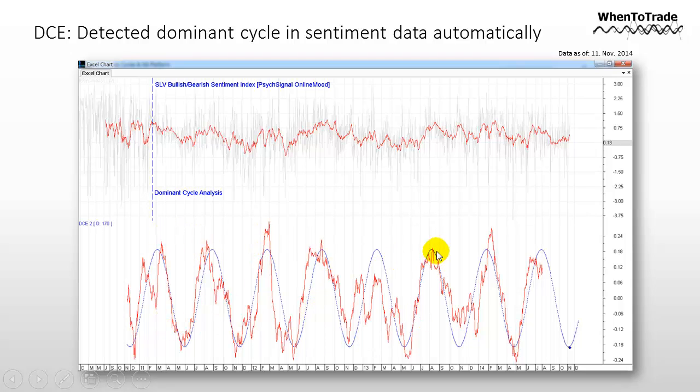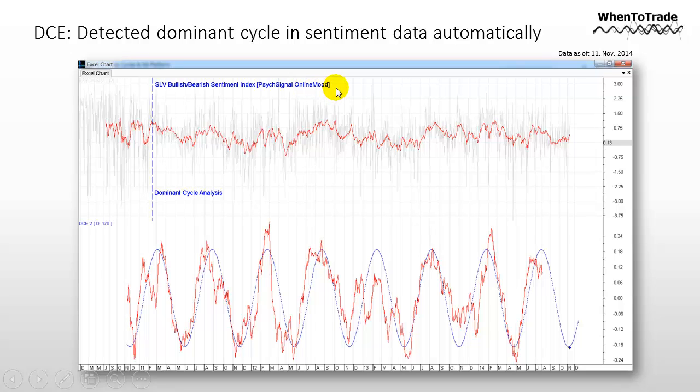The other point is that I'm publishing this information right now. You see the current situation we have today based on this analysis. This is where we are on the cycle right today. However, this has nothing to do with financial data right now. This is just the dominant cycle analysis on the sentiment data provided by the PsychSignal information for the silver markets.